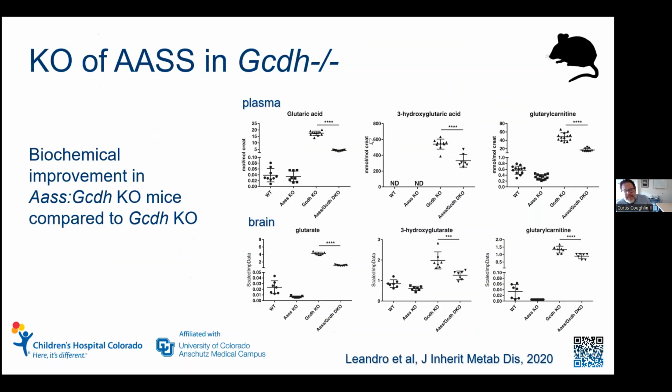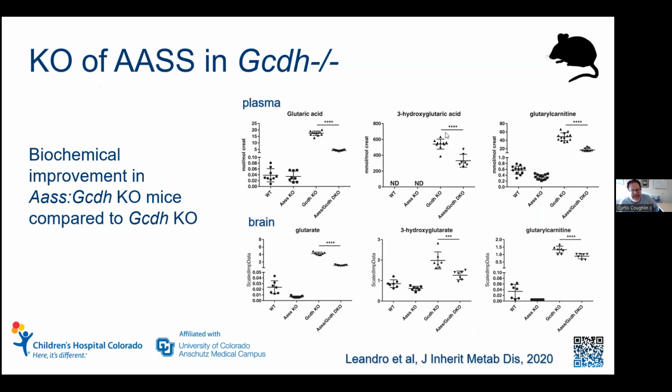Here are some recent papers. This is work led by Sander Houten in New York, here in the United States, and he made a double knockout mouse of that first step of lysine metabolism, AASS, and a GA1 knockout mouse. And if you look at these figures on the top, which is the plasma levels of, for example, 3-hydroxyglutaric acid,